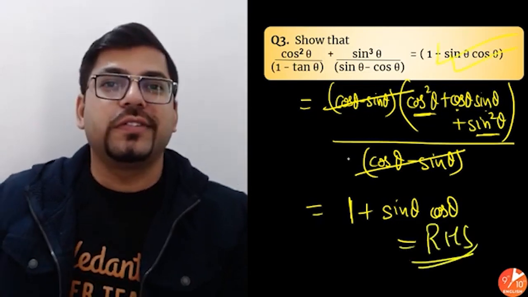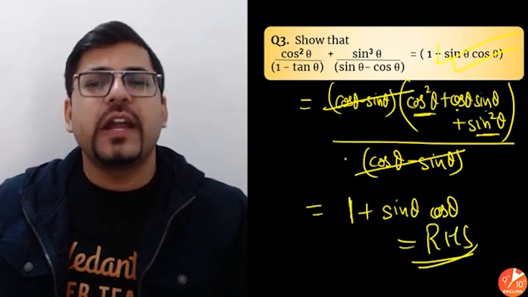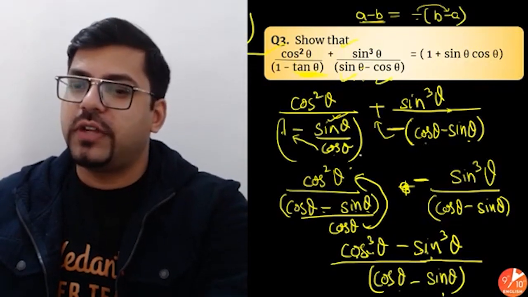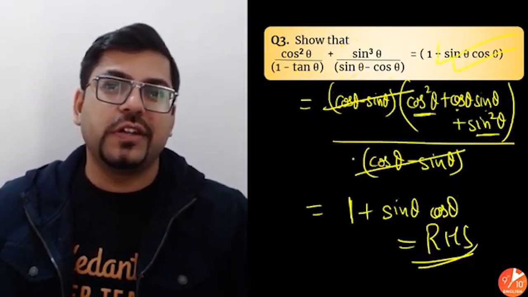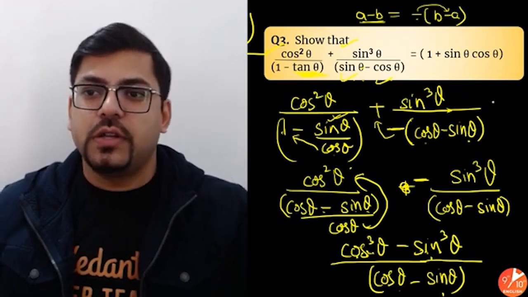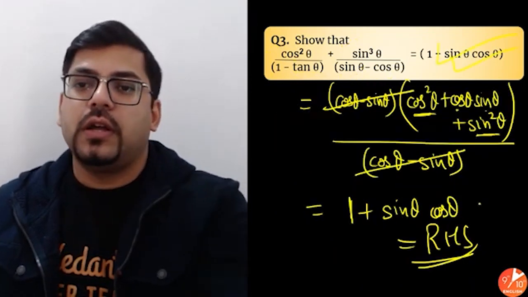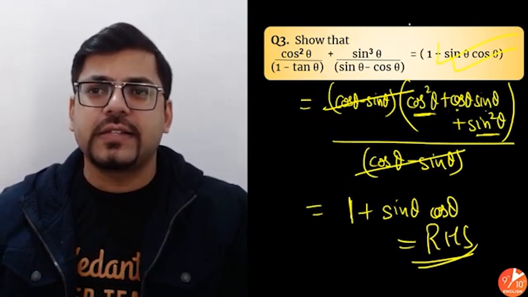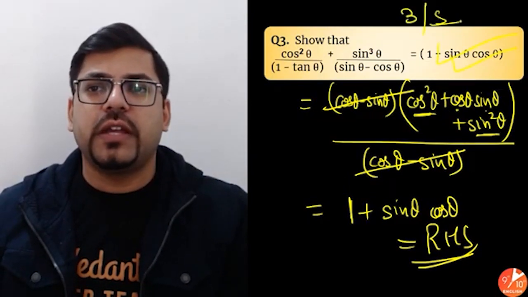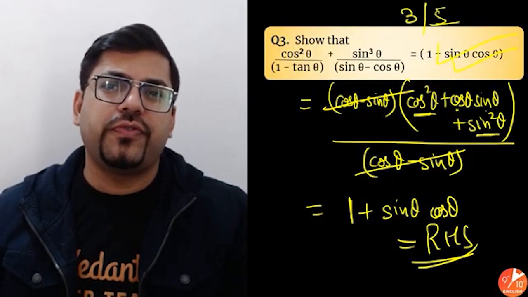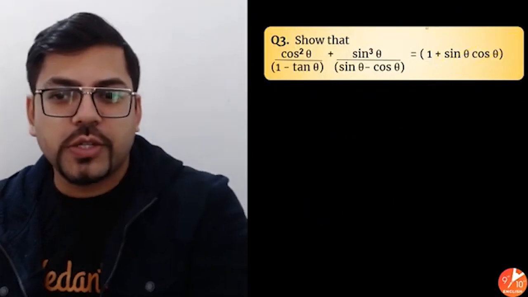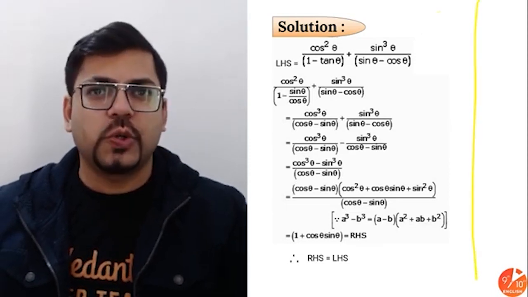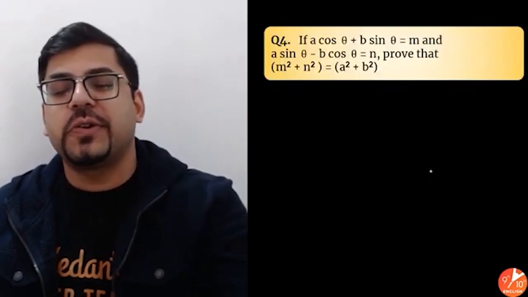I hope you all understood that. It was a little lengthy, I completely understand, but it was not so tough. We took how many steps? 1 step, 2 step, 3 step, and this is 4 step, and then in the 5th step we got the answer. So 4 steps precisely, and this is a minimum 3 marks question, so 3 marks you can assume. Cool. Moving ahead, people, we go to the next question.